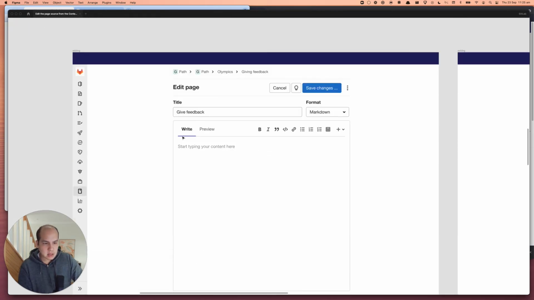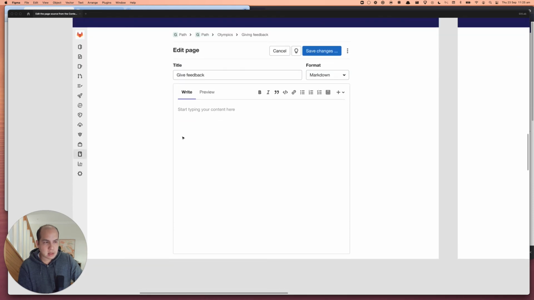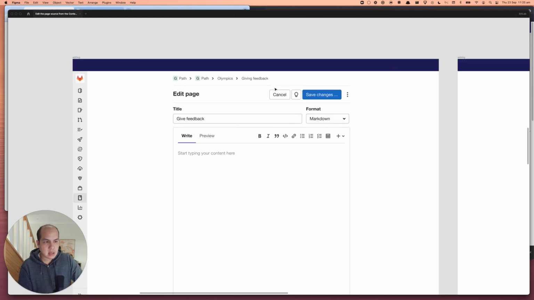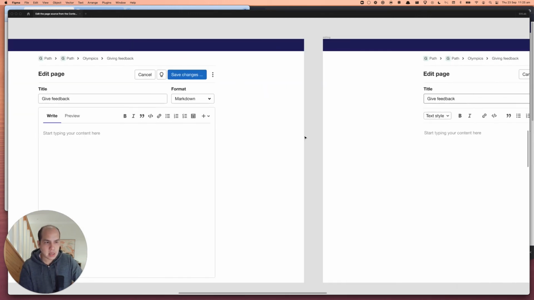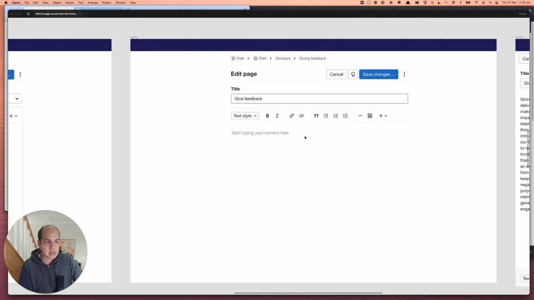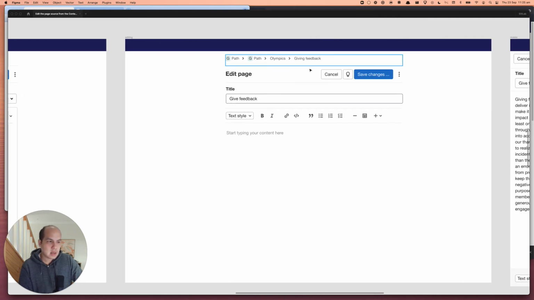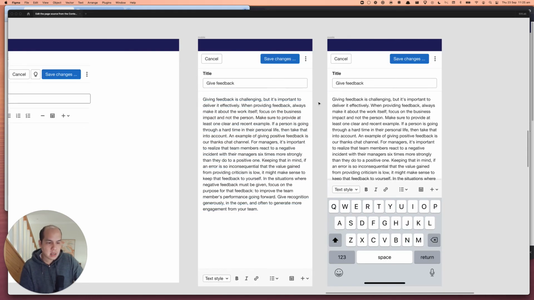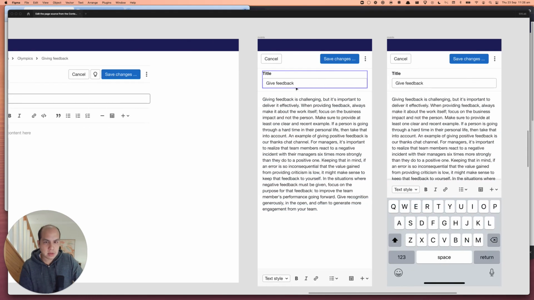Going down to here, this is what the edit page eventually would look like. Title, format, everything that's there right now in the existing wiki page is here in this visual layout. This is the equivalent in the world of the content editor, and then this is how it could look for mobile view, where